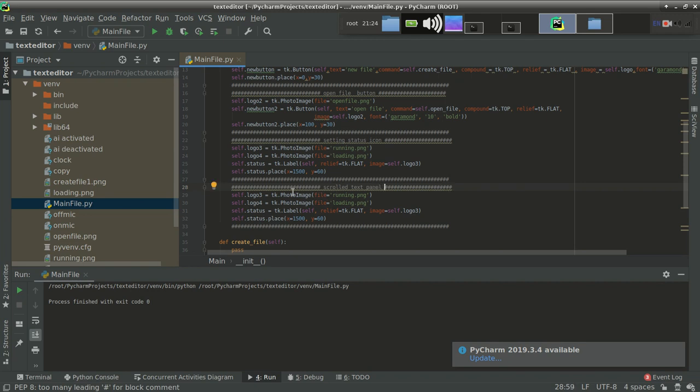Sorry, typing mistake. After importing scroll text, we have to put it on the canvas.